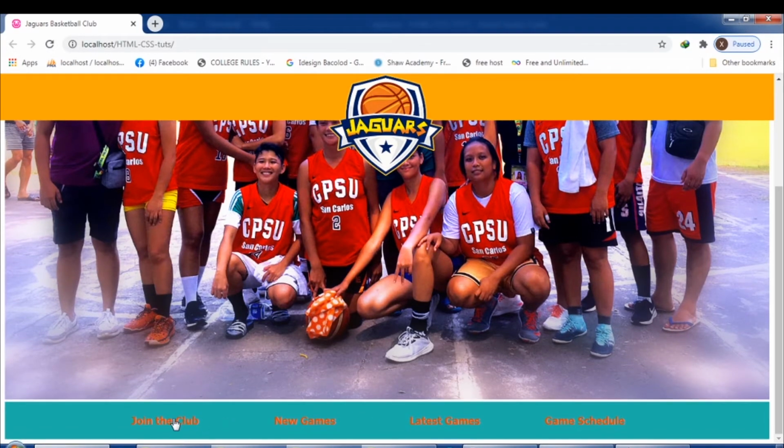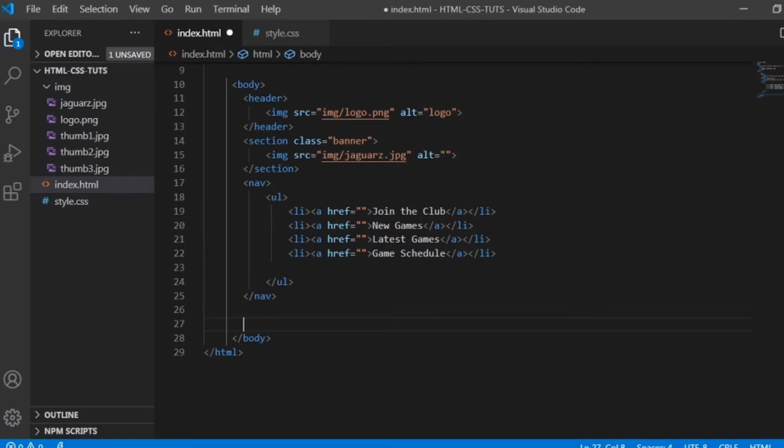And there you go, guys. So let's create a content for our website. Okay, so let's say for example, let's create here a main. So the main tag, or this is the semantic tag, which is unique from the page. And then inside the main, let's create an article tag. So this is another semantic tag.